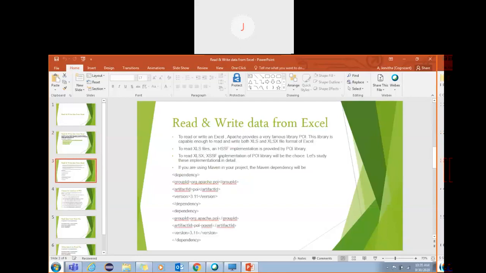To read or write an Excel, Apache provides a very famous library. This library is capable of reading and writing both XLS and XLSX files.